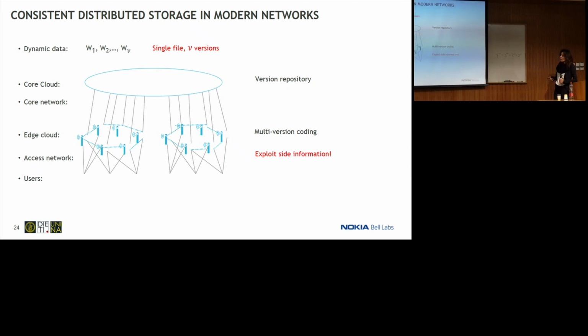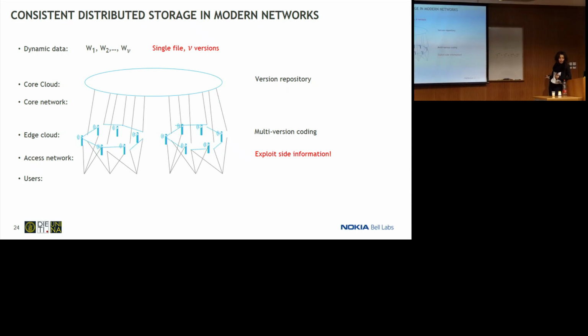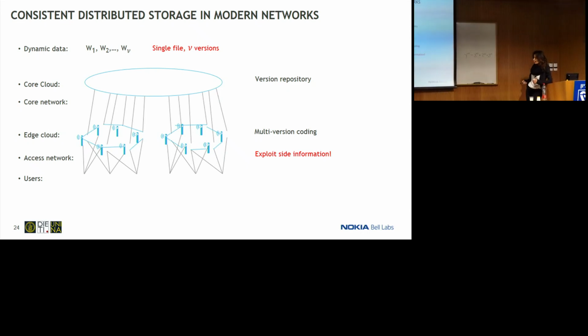In other words, we can exploit the possibility for these servers to acquire the state of the other servers. We are mentioning that some of these nodes are at the edge cloud, so they can be in proximity with each other. Some are definitely very far, others are in proximity with each other. Nodes in proximity could easily exchange their state, which essentially means which data they have received until that point.